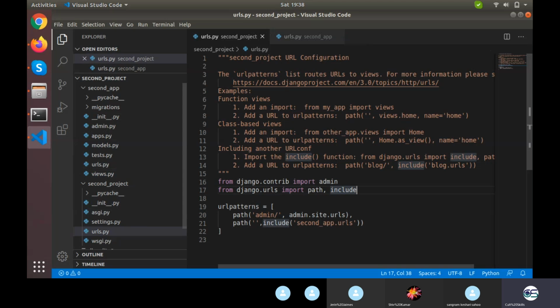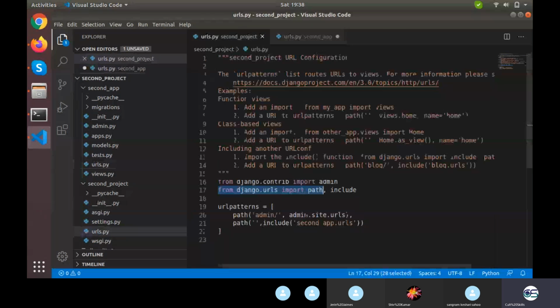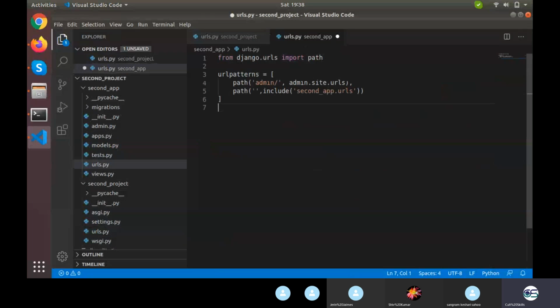Then what else? Copy this line, only till path, no more include. Just make sure to copy this whole stuff as well. Remove admin. Now path blank, it will look something like views.index, comma, name equals index_url.